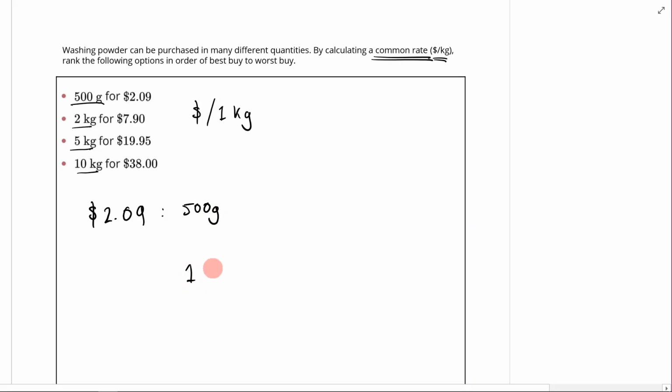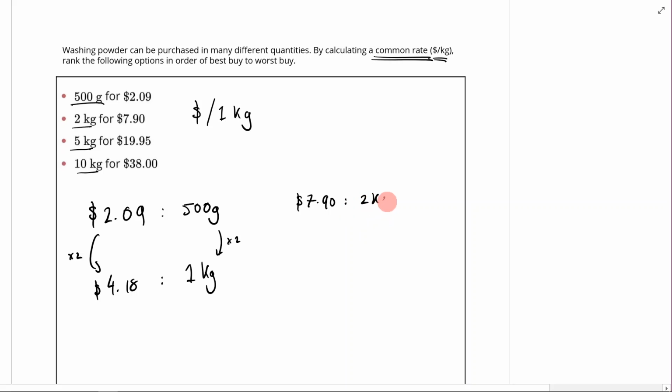So I need to go from 500 kilos to 1 kilo. To do that, I'm going to have to times by 2, which means I'll come over here and times it by 2. And I might do this a bit quicker than usual. This will be $4.18 like that. Then I come to my next one. This is going to be $7.90